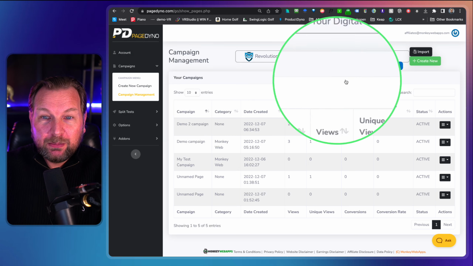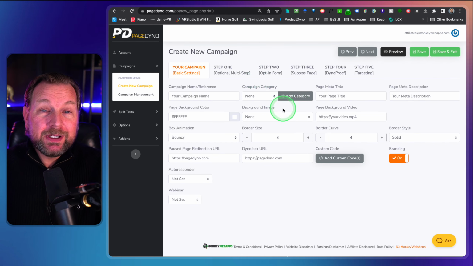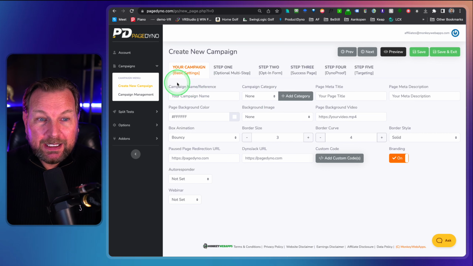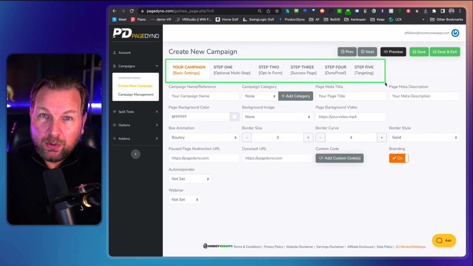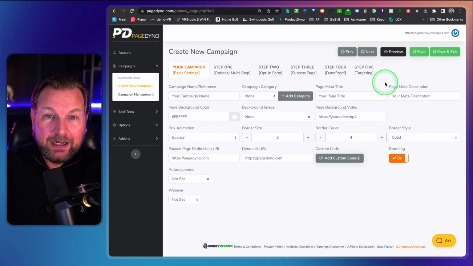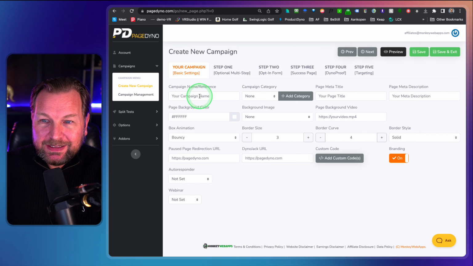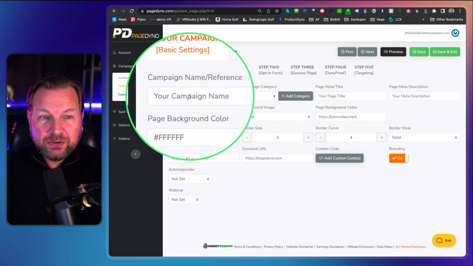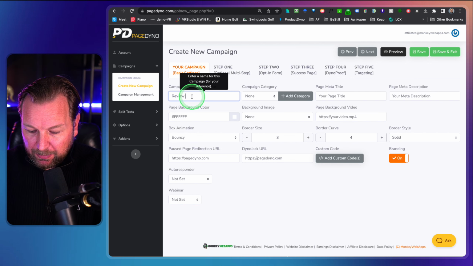So when I click on new campaign, or you click this green button, new campaign, you can start creating your campaign. And then in here, you can fill out all these available steps, and we will go through those steps so that you know exactly how to use PageDyno once you purchase it. So first, you're going to set up the details here on this page. So first, you're going to give your campaign a name. So let's say we're going to call this review campaign,